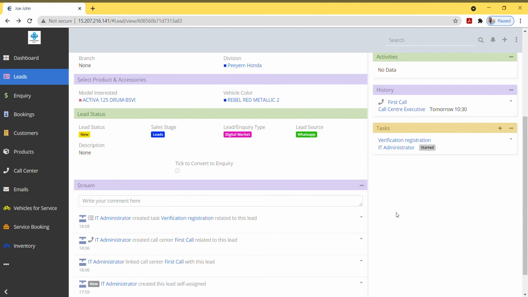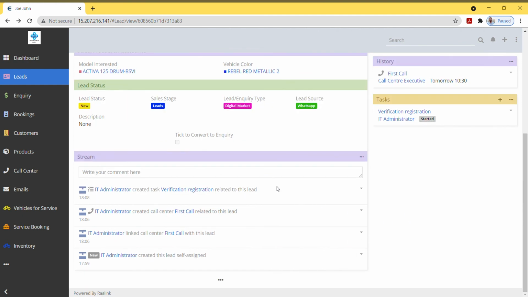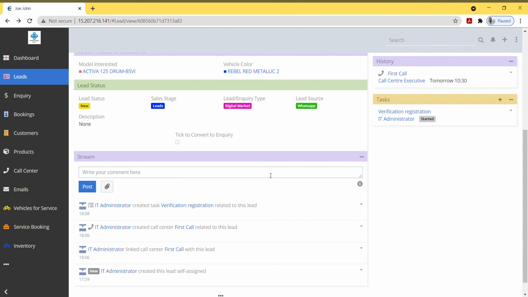Another feature that you can see is whatever activity, task, or anything that has been done pertaining to this particular lead will be streamed below this page, kind of like a Facebook feed. At the same time, in case you want to write a post or write a reminder or leave a post for anyone following this particular lead, you can write a comment over here.